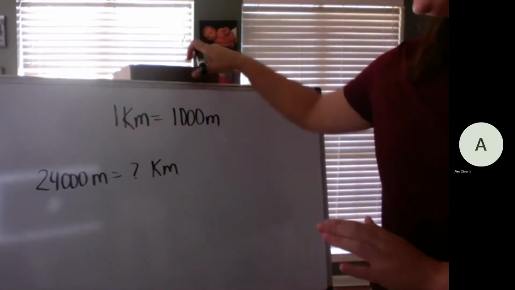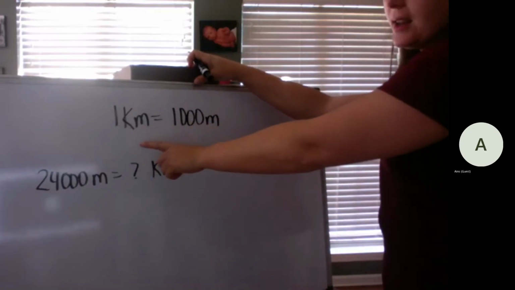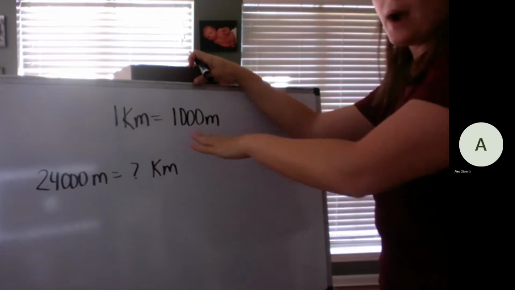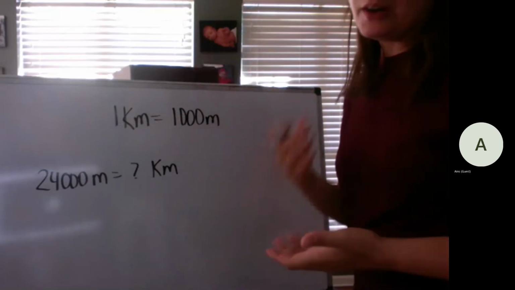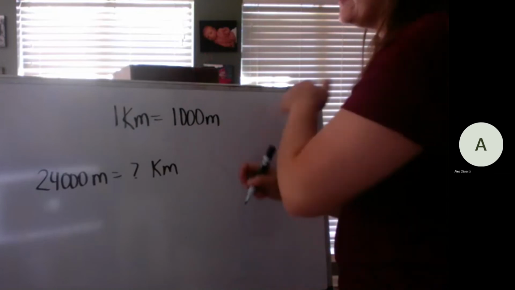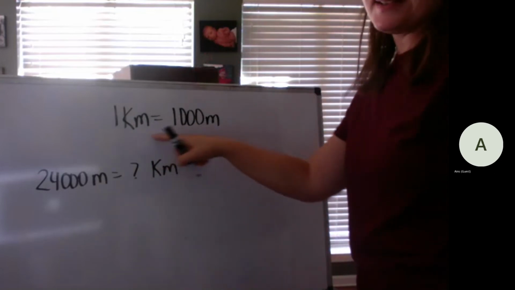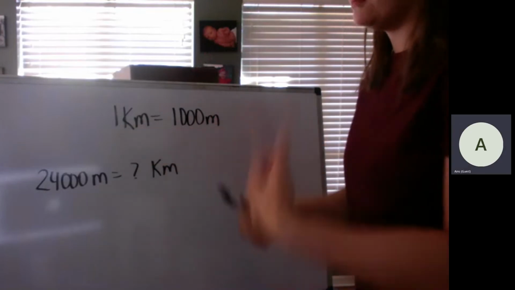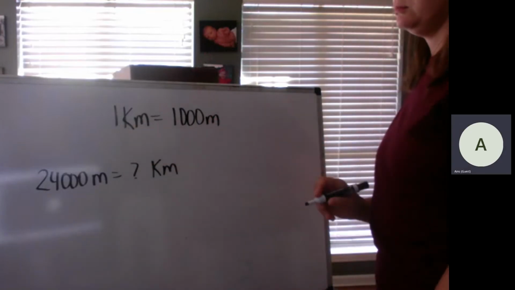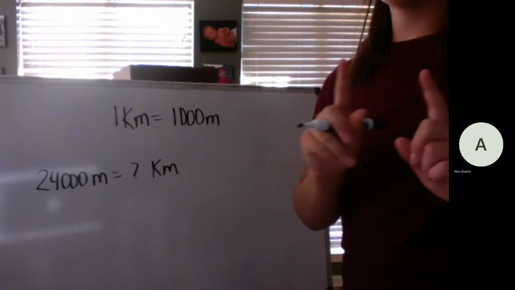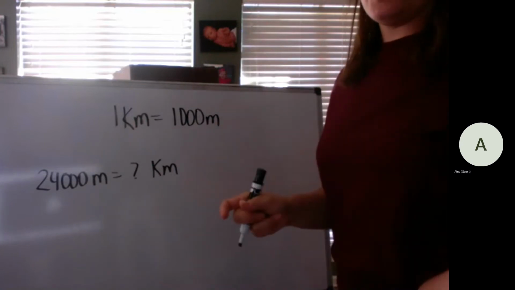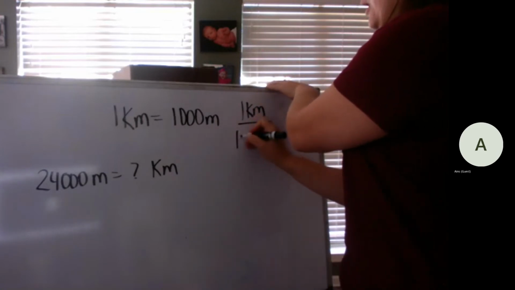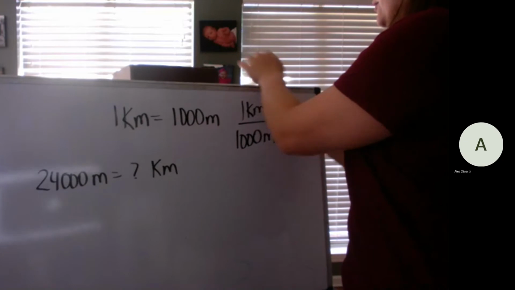We know this to be true. This is called an equal statement. Anytime we know what equals what in a different unit, we can write this as a fraction. And that's what your book took you through. So what ways can we express this as a fraction? Would that be 1 over 1,000? Yeah, but you can't leave off the unit, right? So 1 kilometer over 1,000 meters, or